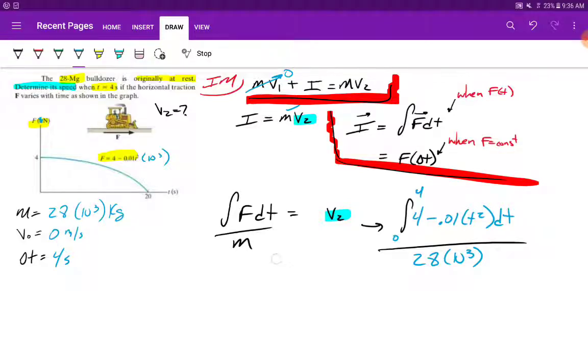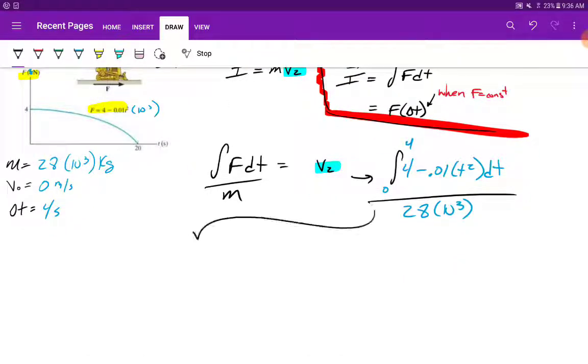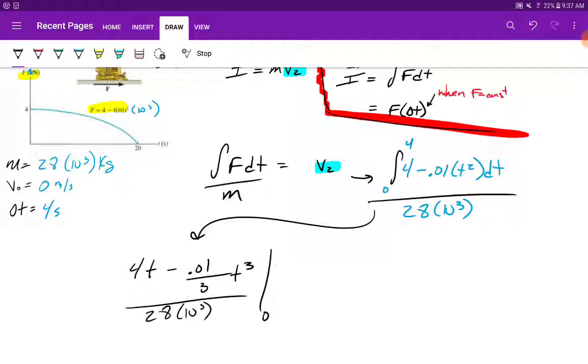So all I have to do is take my integral and then plug and chug. Integral of this will be 4t minus 0.01 divided by 3 t cubed. And then all of that divided by 28 times 1,000. All right. Now I'm going to take that bound t equals 0 to t equals 4. And so all I have to do is plug in 4, because when you plug in 0 for t, this whole thing dies away. So I'll plug in my 4 into those two, and then I get my answer, which would be